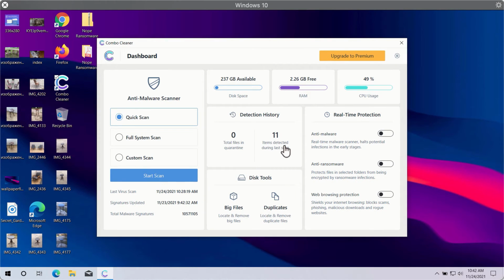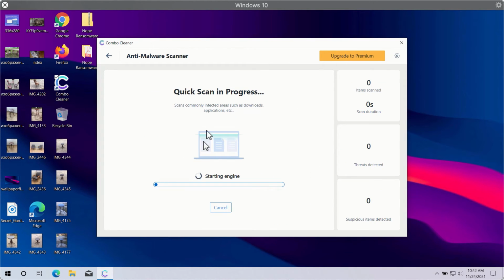After you successfully download and install Combo Cleaner antivirus, you will need to select your preferred scan type. In fact, there are 3 scan types available. They are Quick Scan, Full System Scan, and Custom Scan. However, Quick Scan is only available in the trial version, whereas the premium version gives you full system scan and custom scan options. So you need to click on the Start Scan button in order to let Combo Cleaner begin the research